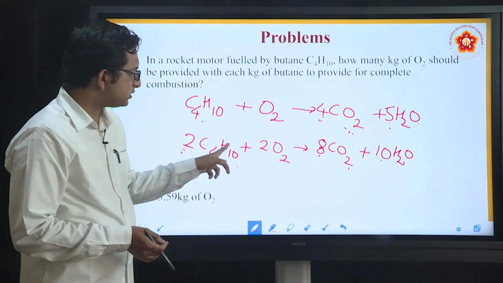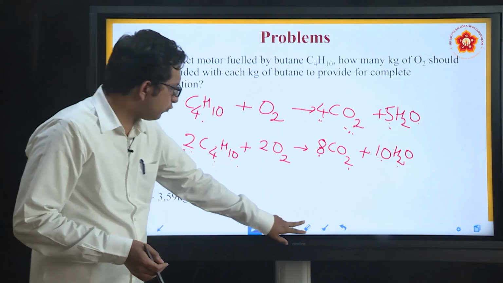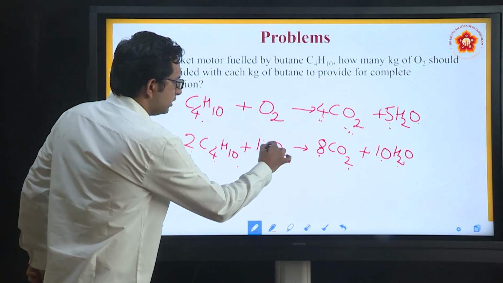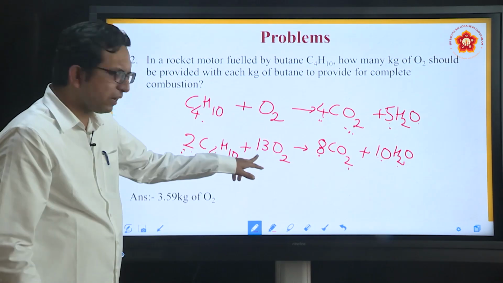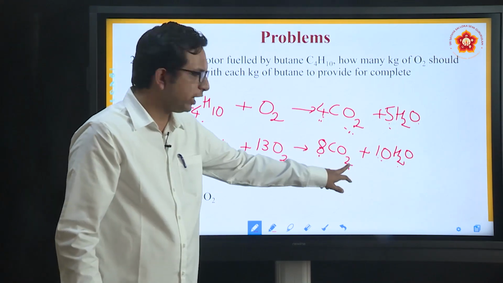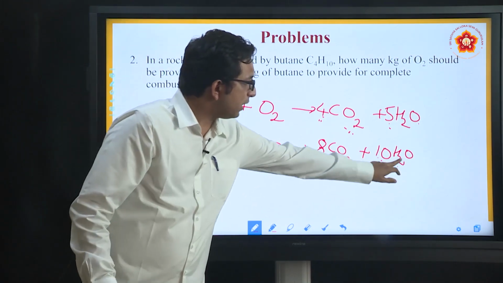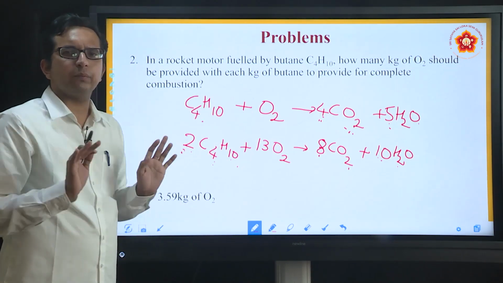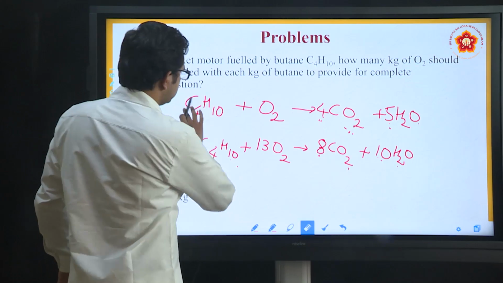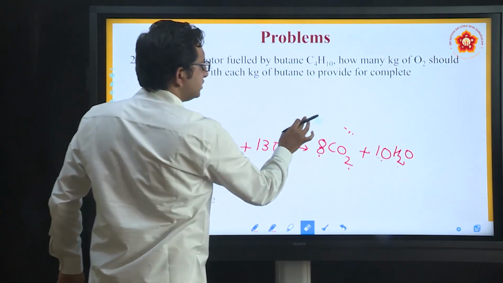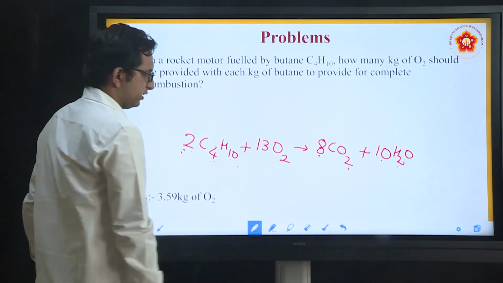Now if that is 26, here how many are there? Only 4. So if you make this change, where you remove this 2 and rather make it as 13O2, can this be balanced? Definitely. 13 into 2 is 26, whereas this side it is 8 into 2 is 16 plus 10. So this is how first you have to get the balanced chemical reaction in this case. This is the balanced chemical reaction that we have, and we will be taking this as a basis for our study further to understand this.